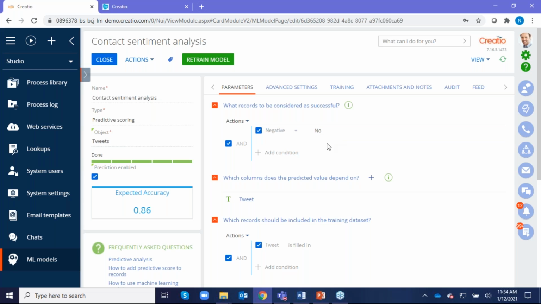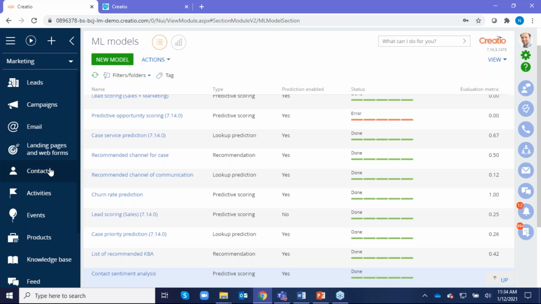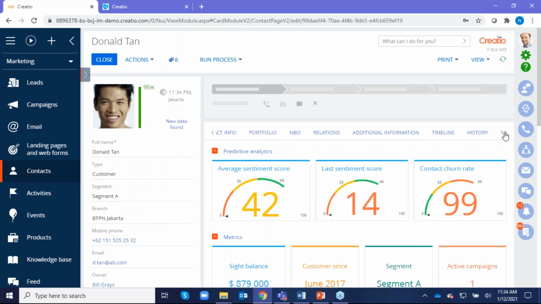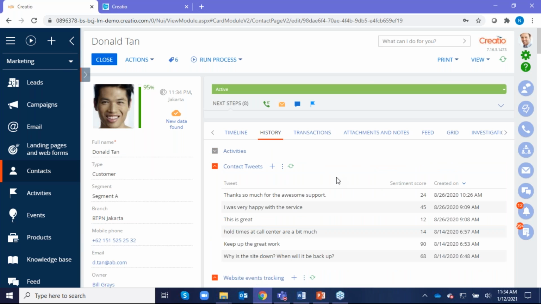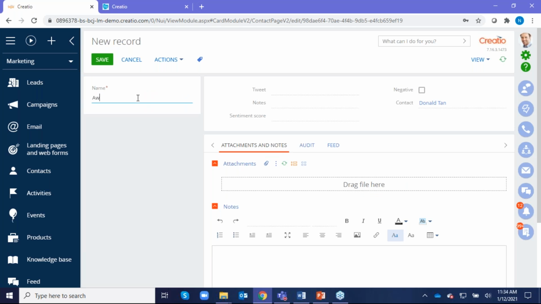Now let's take a look at how this actually looks in the real world, right? For example, I'll go back to Donald Tran right now, go to the history tab, and let's assume that he's making a new tweet. The last tweet he made was on October 26th. Let's say that he made a new tweet that we saw, maybe a very positive tweet, perhaps. I can say, thanks so much